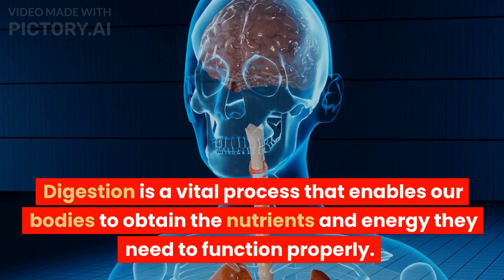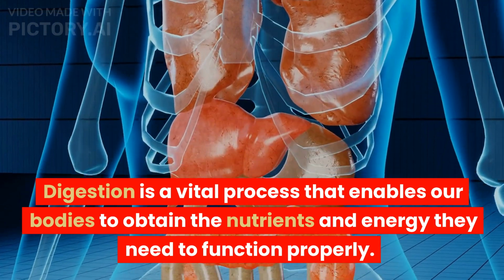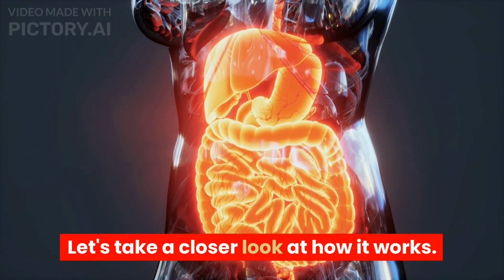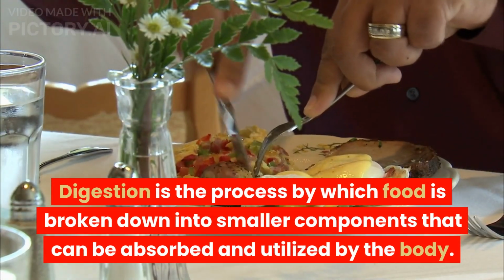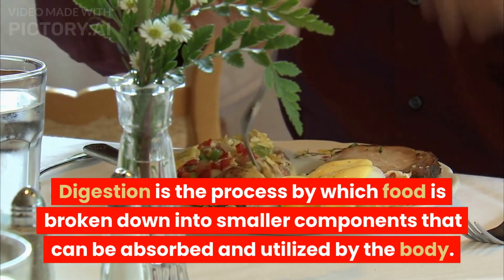Digestion is a vital process that enables our bodies to obtain the nutrients and energy they need to function properly. Let's take a closer look at how it works. Digestion is the process by which food is broken down into smaller components that can be absorbed and utilized by